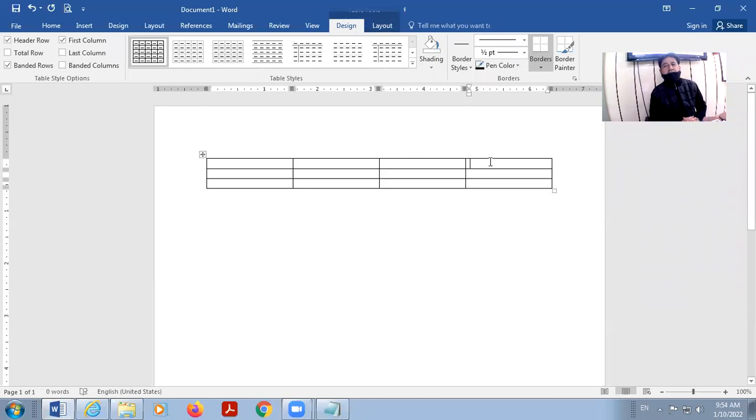Four columns and three rows. So you must know what is a row and what is a column. In HTML, suppose I type here serial number.